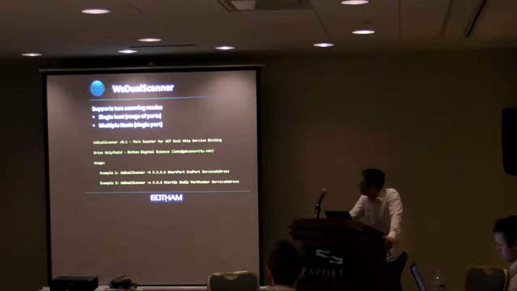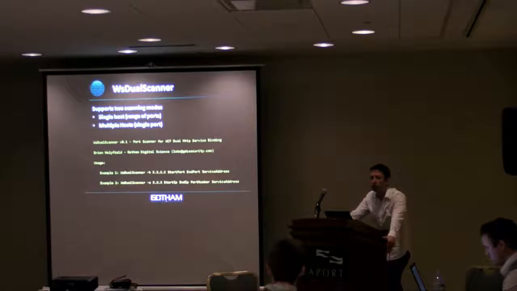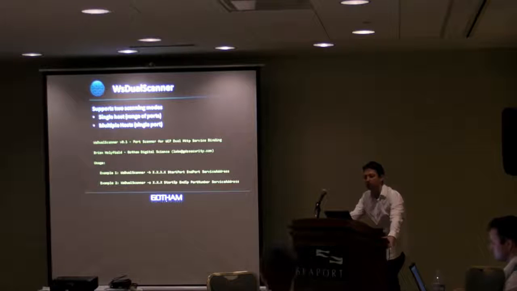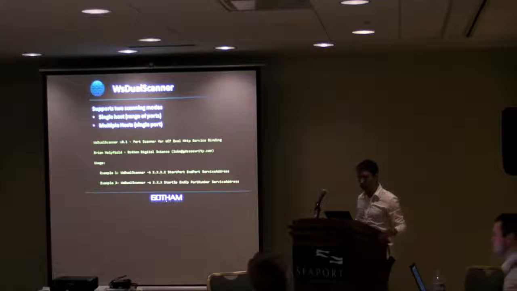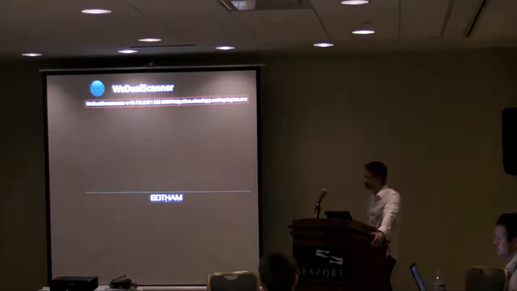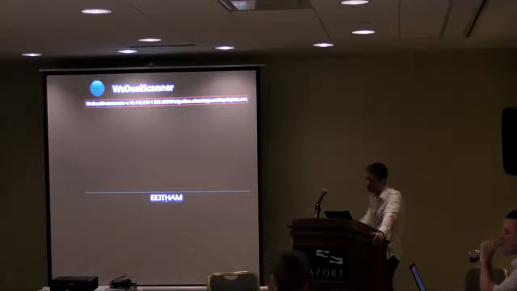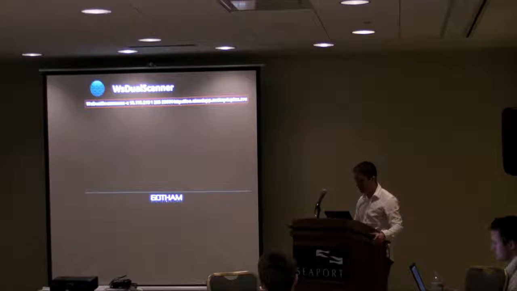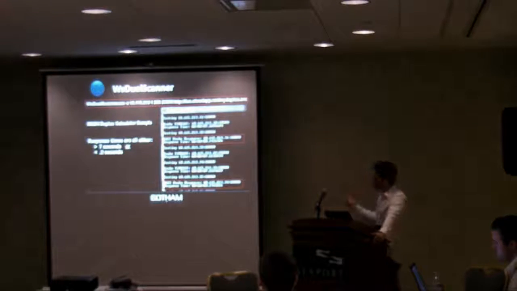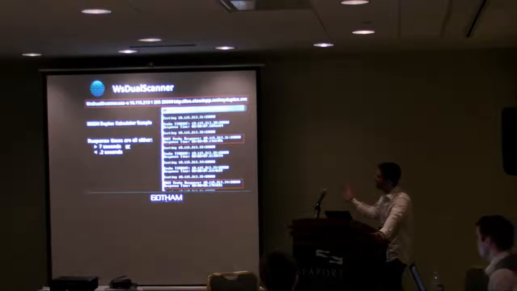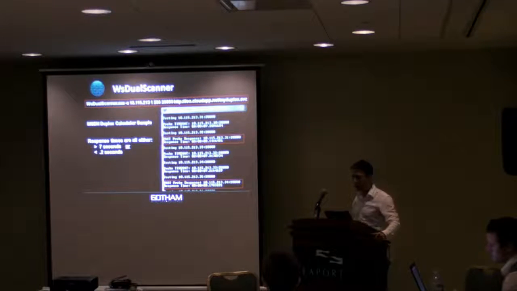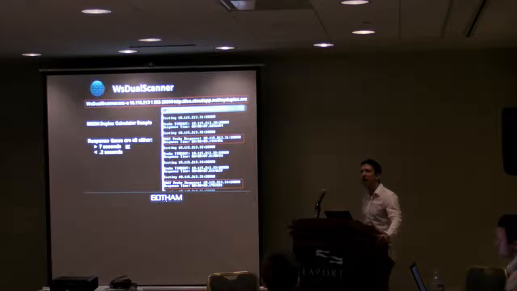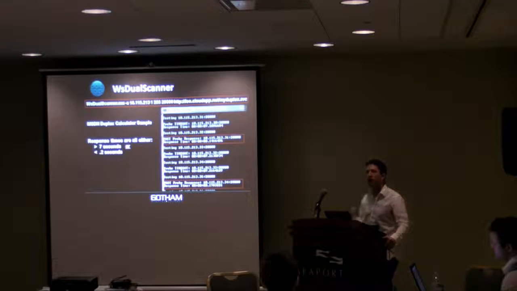The tool has two options. One, you can probe a range of ports on a single host. The other is you can probe multiple hosts on the same port. If we look at the results of when we first ran this on our cloud app, we knew that our machine was on the 10.115.213 subnet, because we uploaded some code that would echo out the IP address. We scanned all the machines on that subnet on port 20,000. The reason we picked 20,000 was that, based off our testing, we knew that IIS on the VMs doesn't run on port 80, it runs on port 20,000. So we wanted to see what other VMs on that subnet